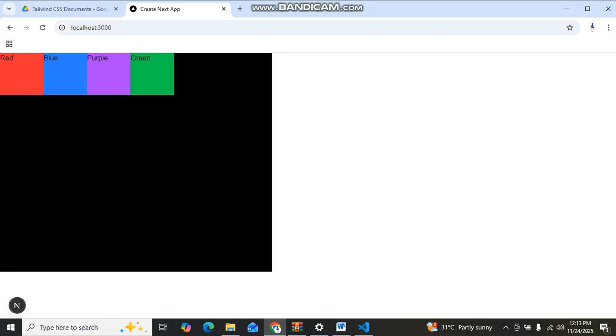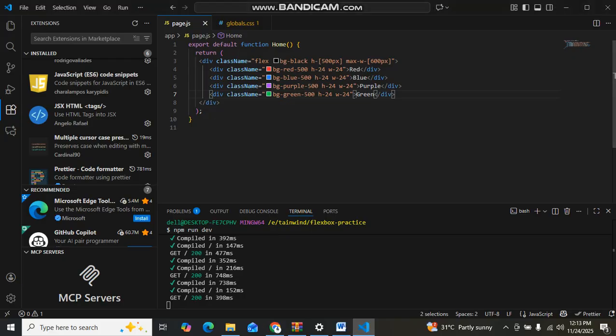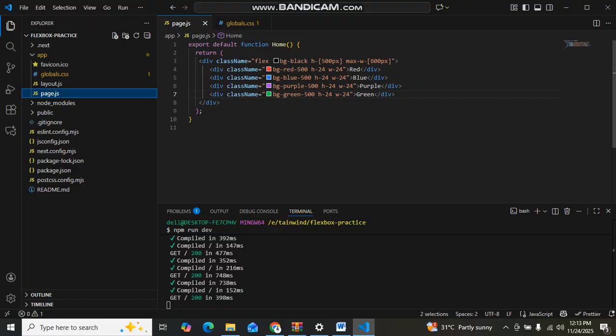Now I'll go back here again. Let's switch from here. All right, now we're going to talk about some of the most popular Flexbox properties that we need to know. Now on the container, we've enabled flex. The first one that we're going to look